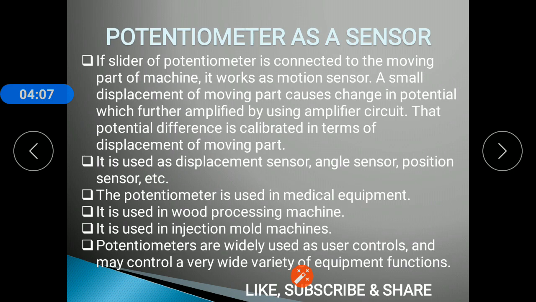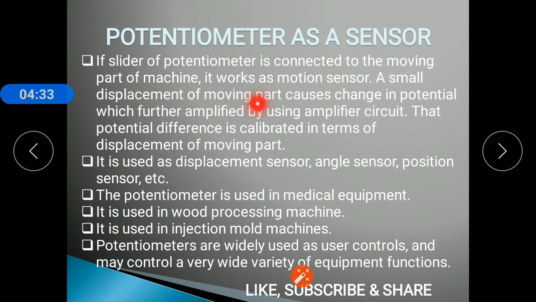Next, another important use is the potentiometer as a sensor. We can use the potentiometer as a sensor to sense any physical changes. It is also called a transducer. That means it can sense any physical signal and convert it into an electrical signal. If the slider of the potentiometer is connected to the moving part of a machine, it works as a motion sensor.